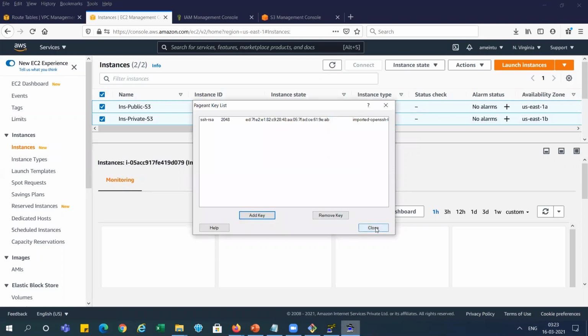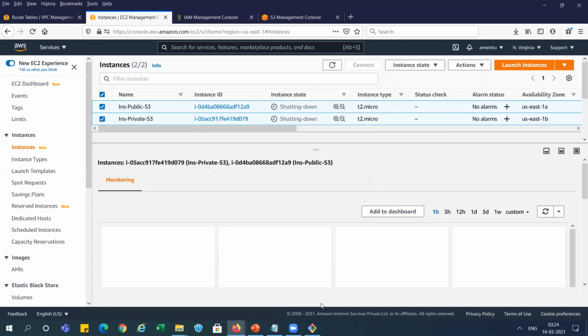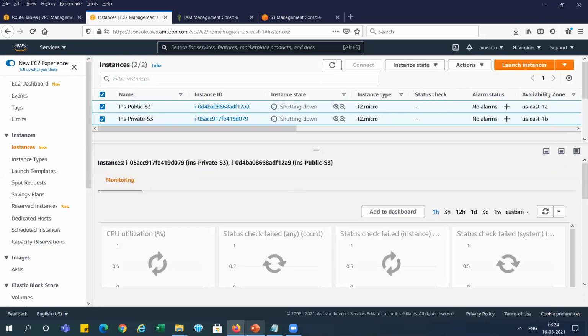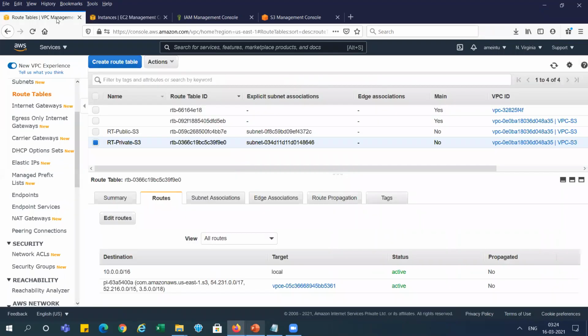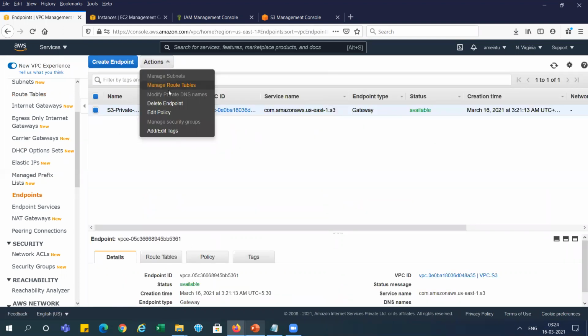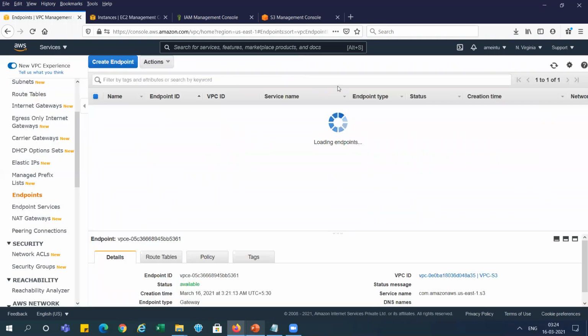We have done this, so we can close it. And we don't require this one, and also we don't require this one. Next step, delete the endpoint. So go to the VPC, and this is the endpoint. We select this endpoint, go to Actions, and delete endpoint directly. So this endpoint is deleted.